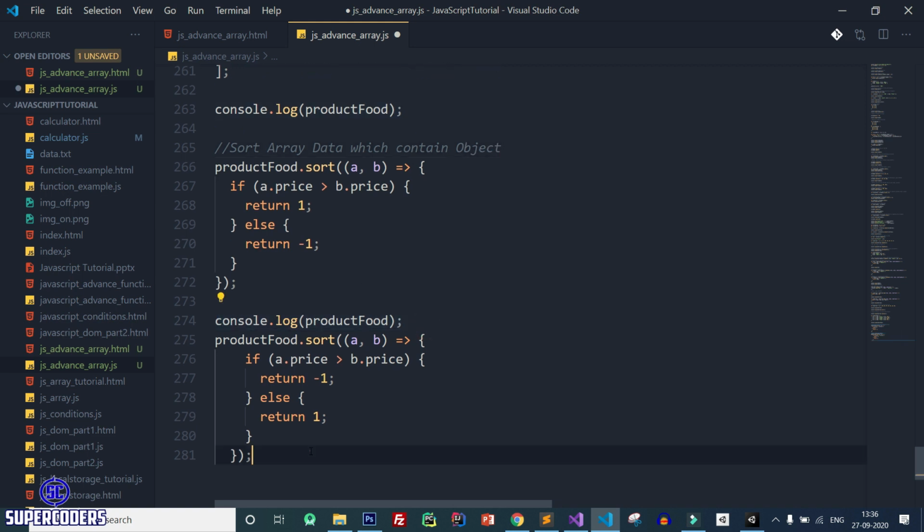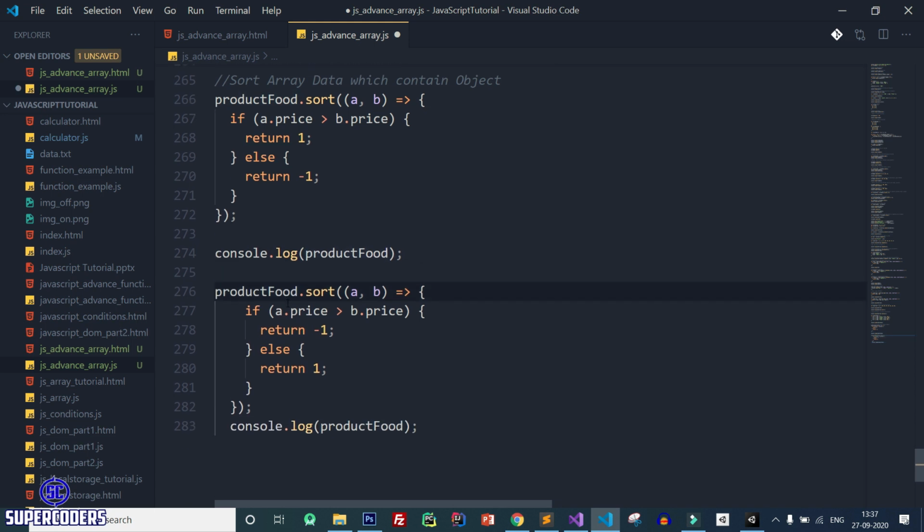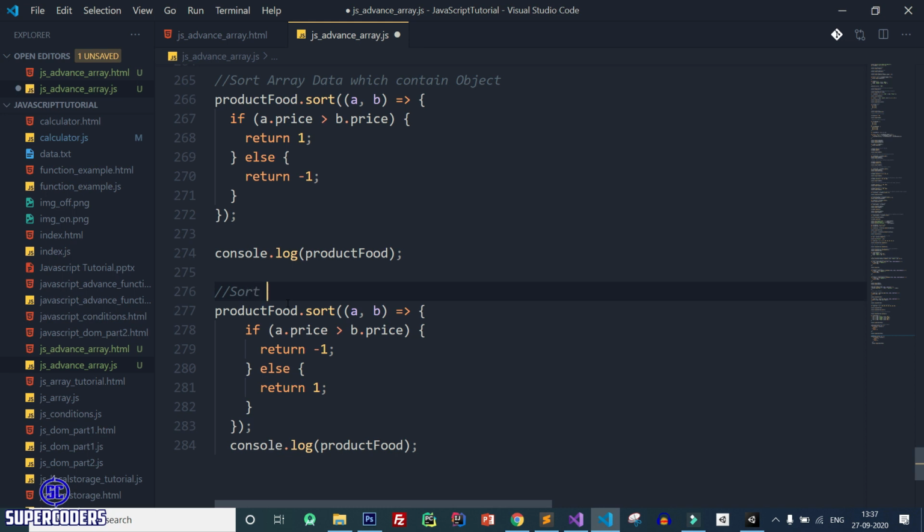Again copy this and paste here, and here sort array of objects in reverse order.